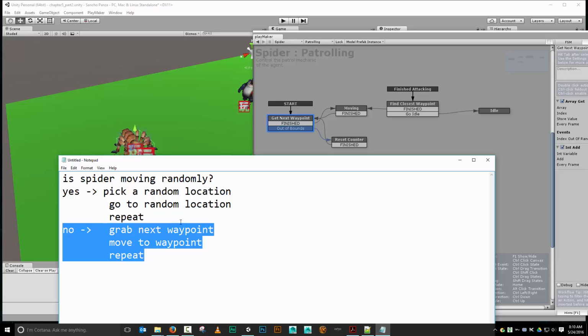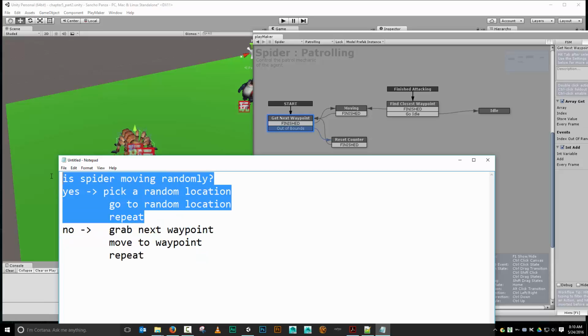This part, we've already built this. I don't want to build it again. I mean, sure, I could, but why? It's already built. It already works. It does what I need it to. Let's leave it alone. All we need to do is figure out how I can jump out of that and